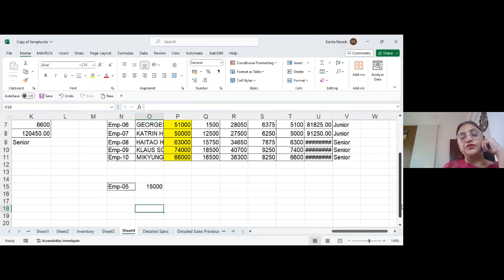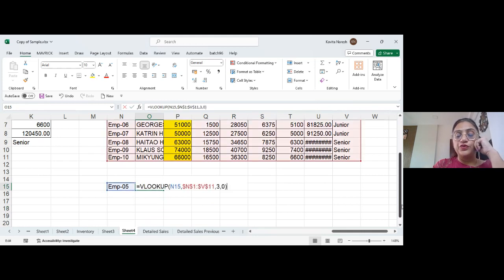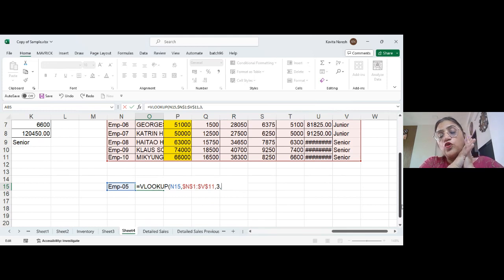Okay, now I'm going to tell you about this option, that is true or false. What is true? What is false? False means exact match, and true means approximately match. But when we need to use the approximately match,